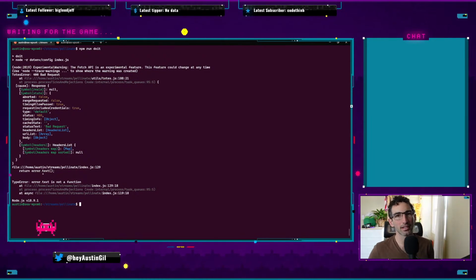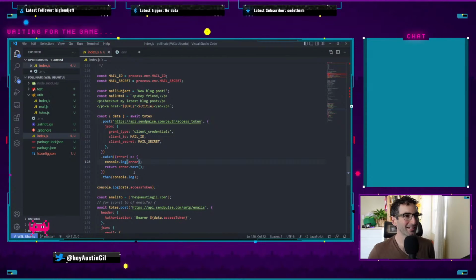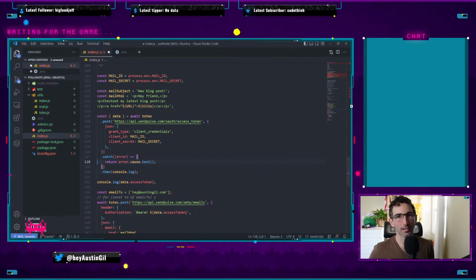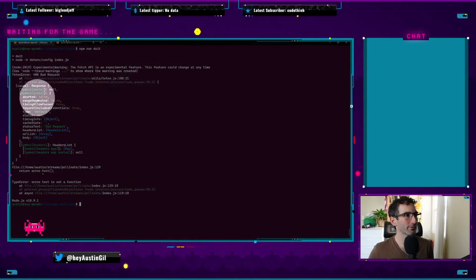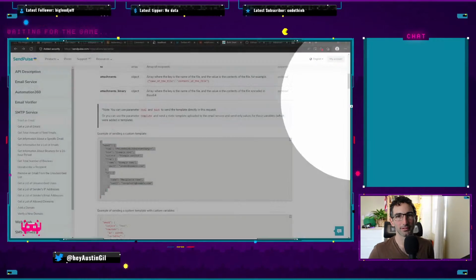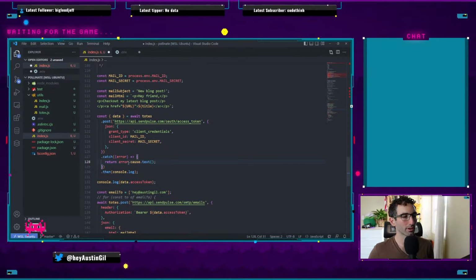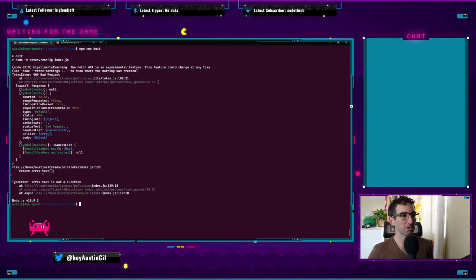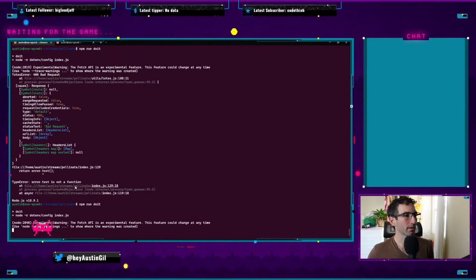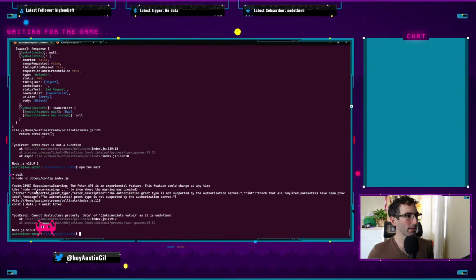Oh, I'm such an idiot. Return error.cause. This is not a response object. It's an error with the cause of a response object. Cool. So we're going to return that, console log that, and then continue going. It's going to error at some other point later on, but we should get